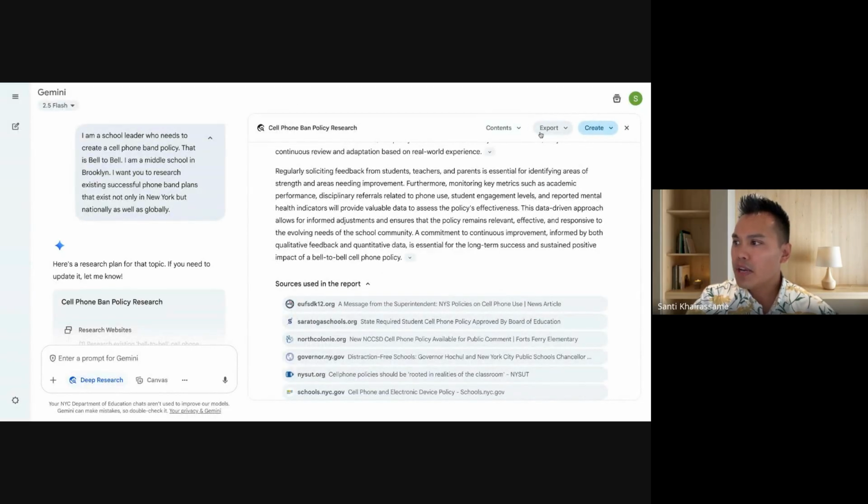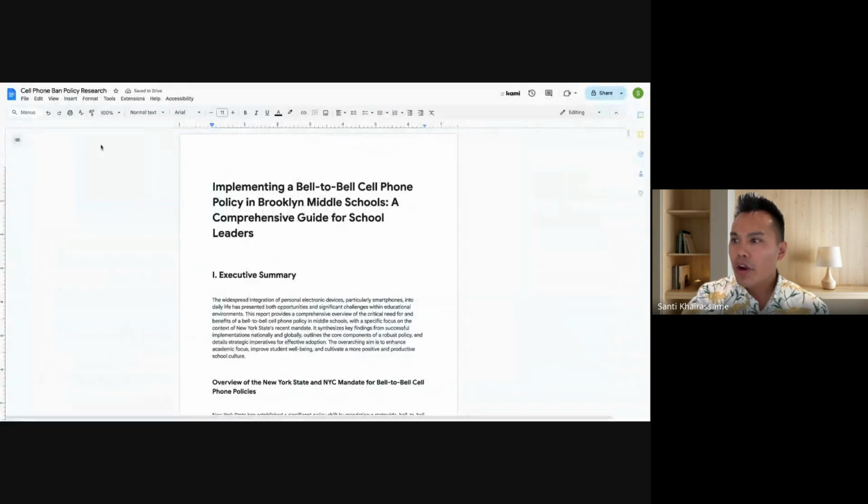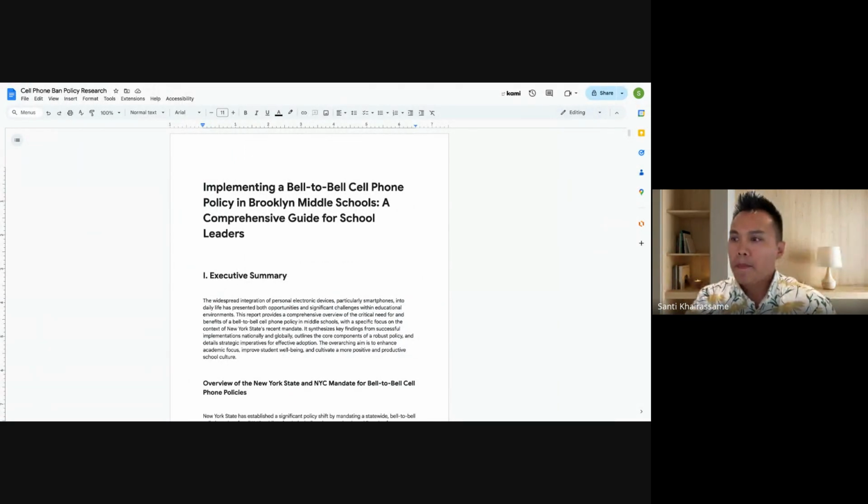So I exported this as a Google Doc, and then there's one last AI tool that I want to show you. Hold on one second. Sometimes there's too much text. Here it is. All right, so I exported to a Google Doc. There's one last tool I want to show you before you leave. Notebook LM. Let me make sure I have the URL for everybody.